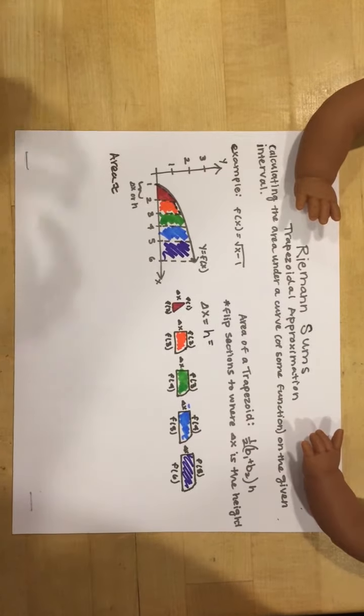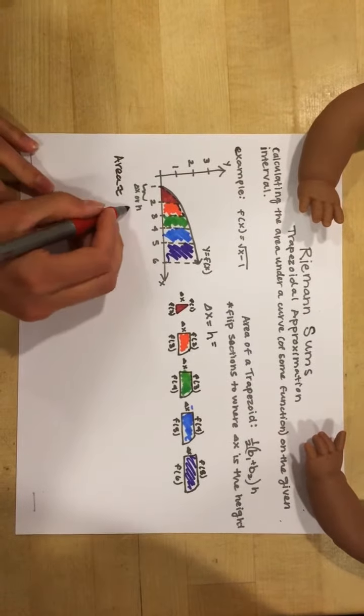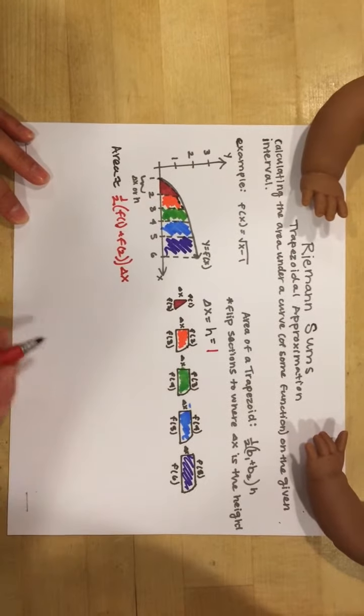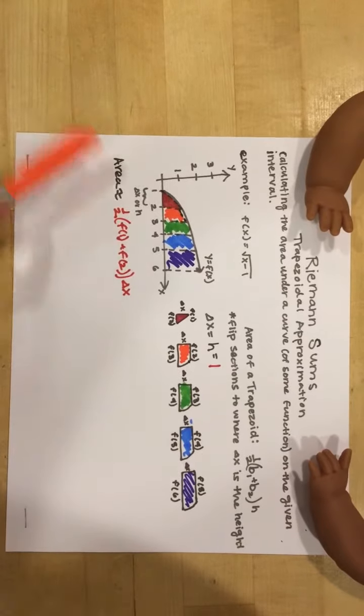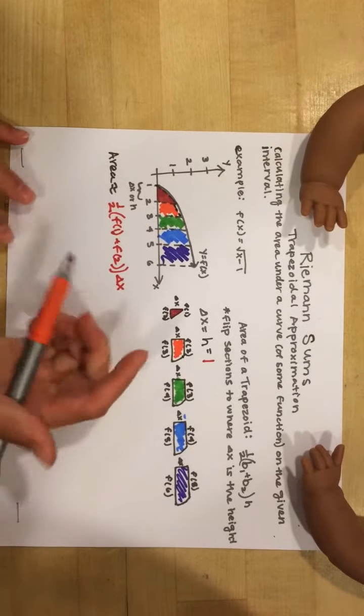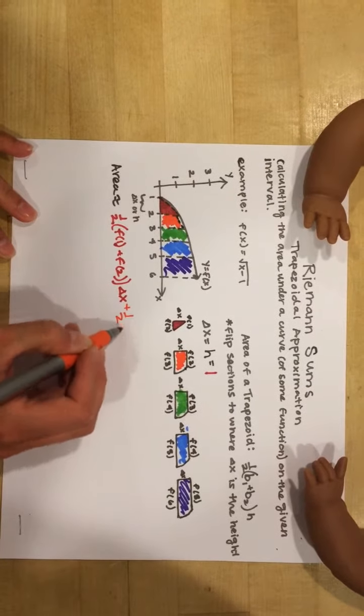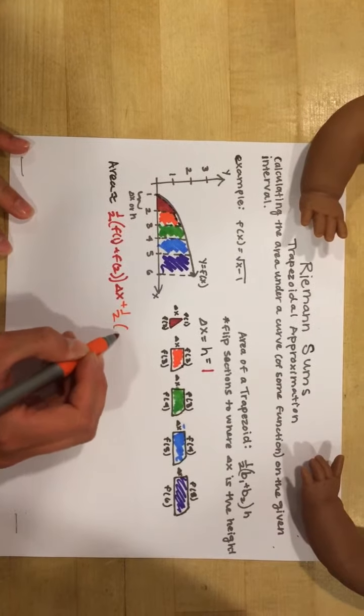So we're going to do 1/2 f of 1 plus f of 2 times change in x, where our change in x is equal to the height, which is equal to 1. So that equation is going to give you this area, plus 1/2 f of 2 plus f of 3 times change in x,